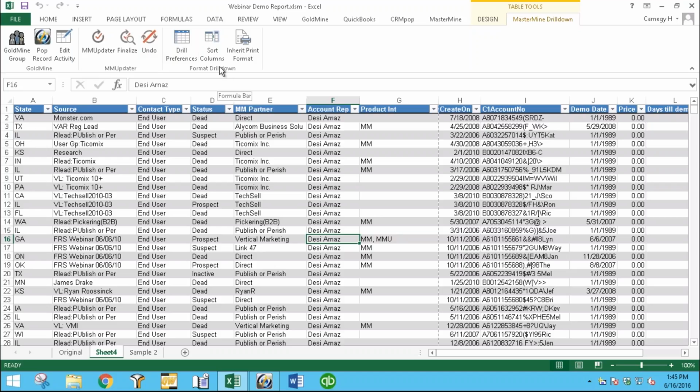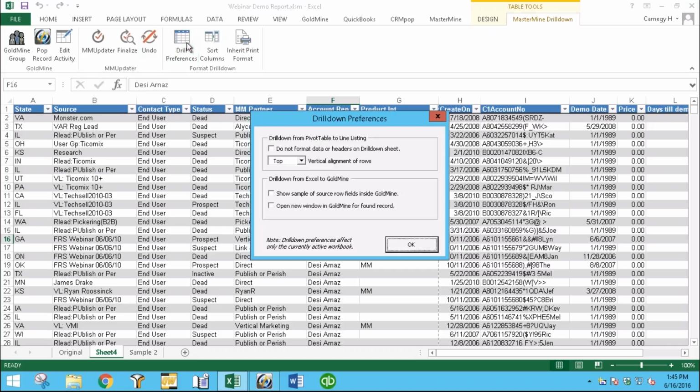So our last little area is formatting the drill down. You have your drill preferences, which basically not something I've ever really gotten into, but you can drill down